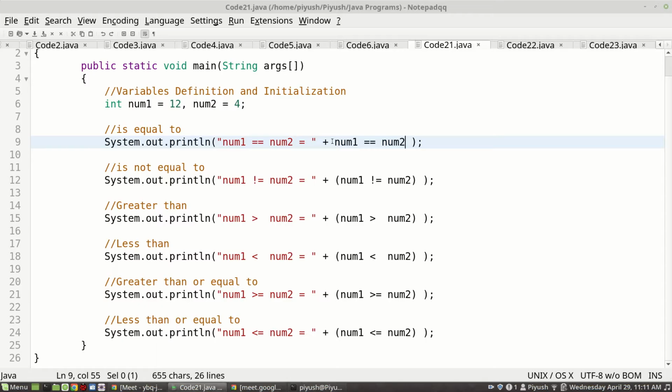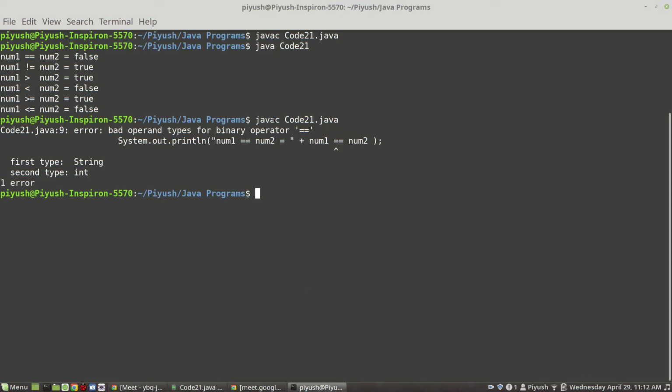Therefore, remember, when you want to concatenate the result of an expression, you should always group the expression. This is an important concept I will definitely ask in one of the coming exams. Output based: I'll give you some program, you will say an error is there. Whenever you want the result of an expression to be concatenated or merged with a message, always group that expression. If you write the expression without grouping it, that will result in an error.